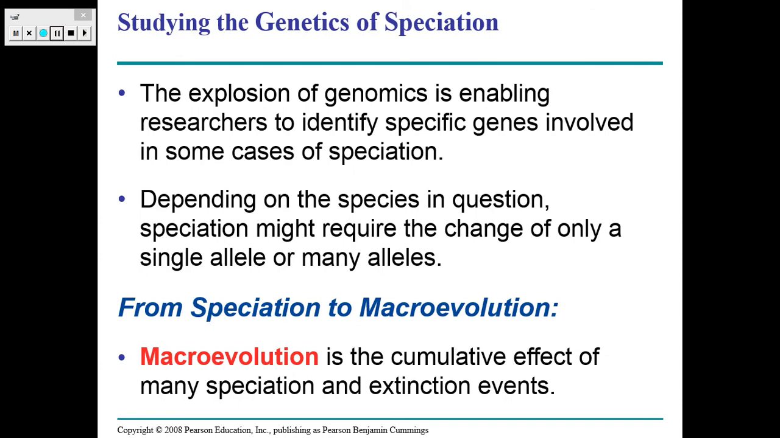So, how can we tell? Well, we can look at genomics. Genomics is a serious key, and it's relatively new, to figuring out the different species by identifying specific genes. In some cases of speciation, you can look at exactly which gene caused the difference. In fact, in some species, it's just one gene, or it may be just one allele, or it could be a combination of just a few alleles or just a few genes that cause such a difference